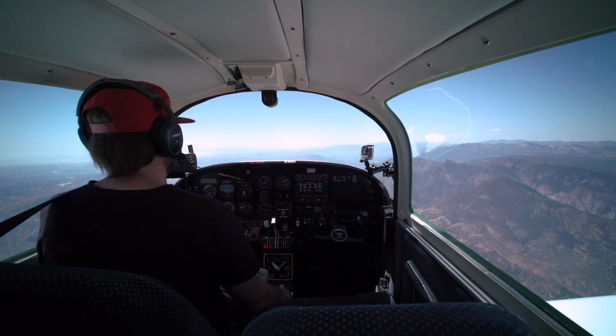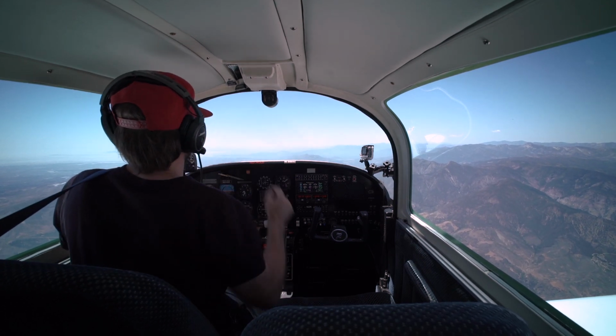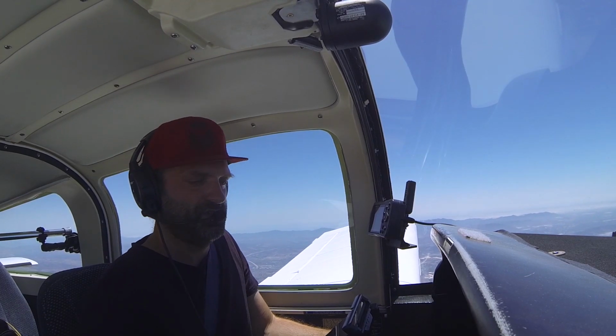So right now we just passed Fillmore VOR. We're over here, which you can't see, is the town of Santa Paula. There's a cool little